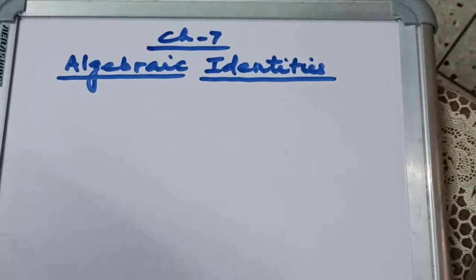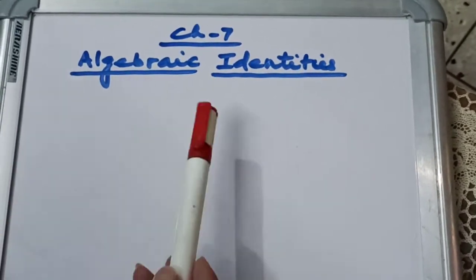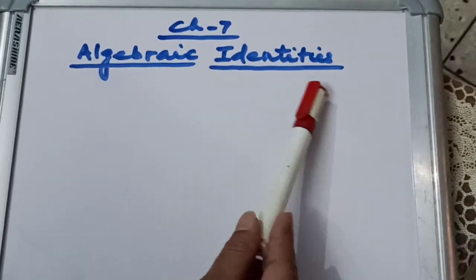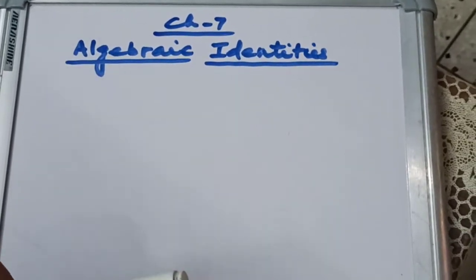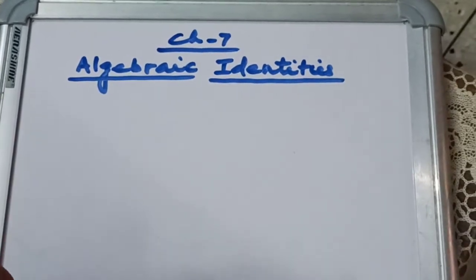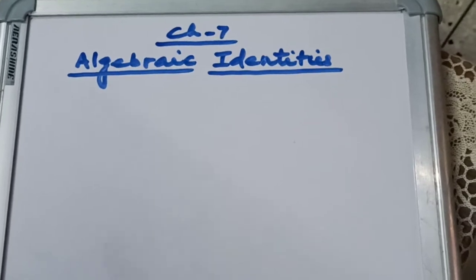Today I am going to discuss a new chapter. Chapter number 7, Algebraic Identities. In the previous class, you learned multiplication of algebraic expressions,